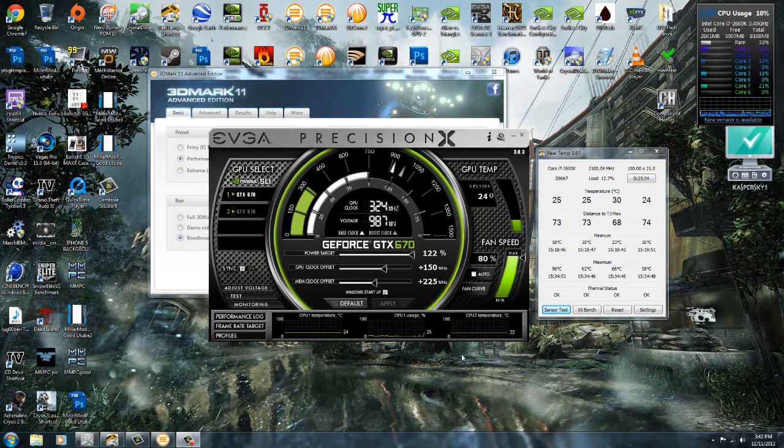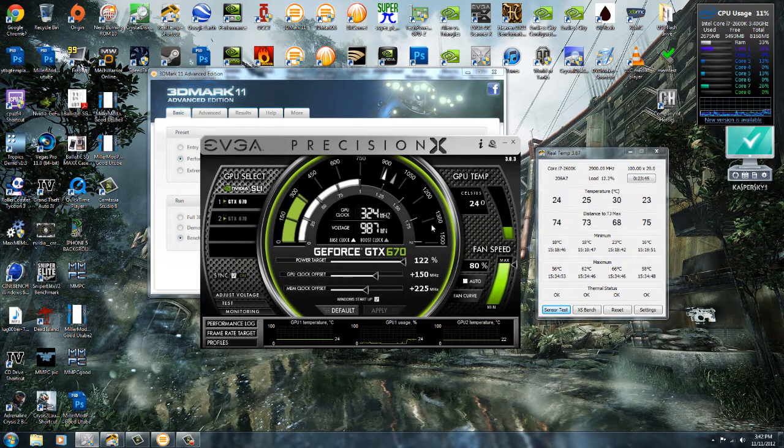Hi everyone, today what we'll be doing is a 3DMark 11 benchmark with my two GTX 670s in SLI. So what we have here is Precision X opened, and you can see the settings that I'm going to be using for my overclock on my graphics card. I've got 120% power target, we've got the 150 megahertz offset on the GPU clock, and 225 megahertz offset on the